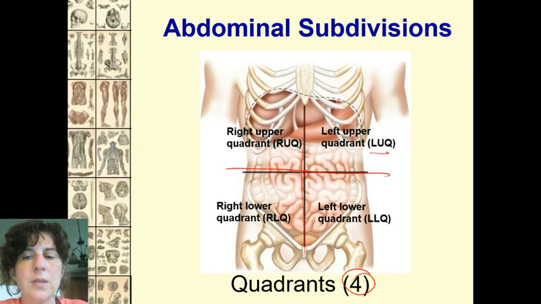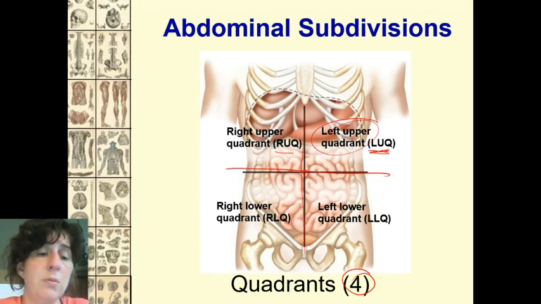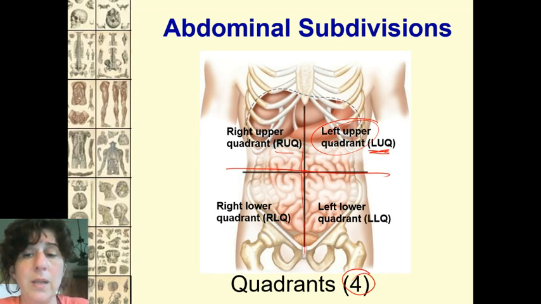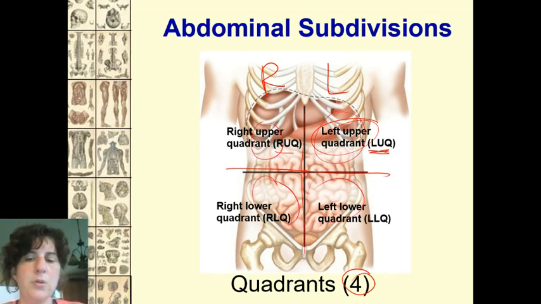So you can see these letters, LUQ and RUQ. I'm okay if you use that, but just remember to get them in order, because ULQ does not mean the same thing as LUQ. If you're not sure whether it was lower or upper quadrant, or upper lower, then spell it out. Because if you get those words out of order, I at least know what those letters mean, because you're telling me what they mean. So left upper quadrant, make sure you get that right on there. And then right upper, and then right lower and left lower, and know what's located in those quadrants too.